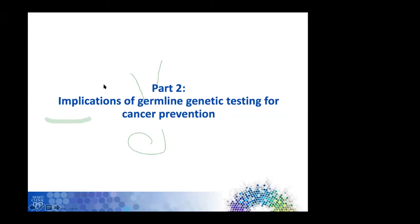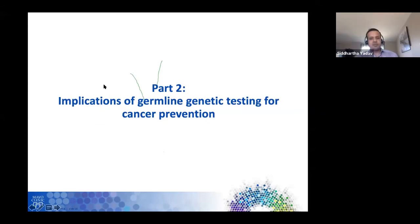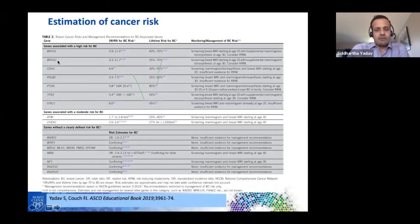Okay, so let's move on to part 2 of the talk, where we talk about the implications of finding this from a cancer prevention perspective. This is mostly for women, or men, who do not have cancer. Since we are mostly talking about breast cancer, this is mostly prevention from a breast cancer perspective. So going back to the same table, for most of the high-risk genes, the current guidelines will say you should undergo